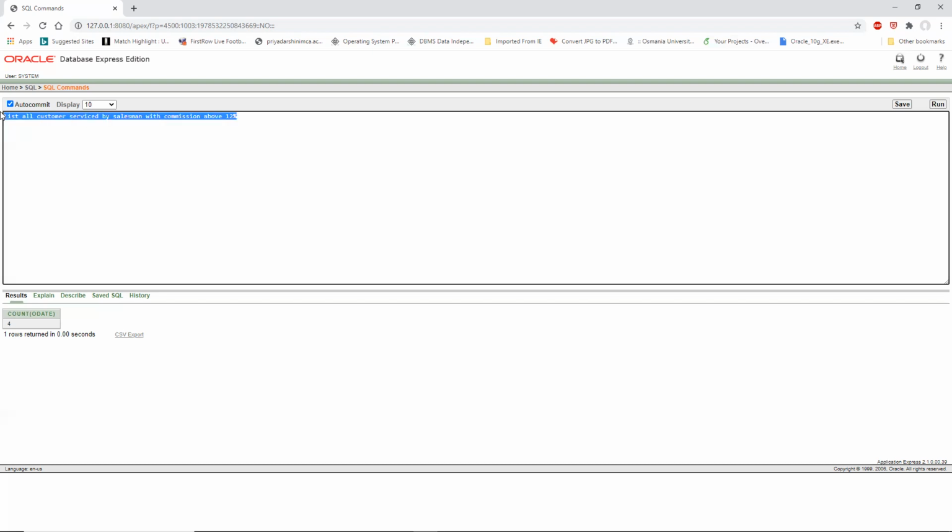Join function. All right, so let's try to do it. First we'll see select star from